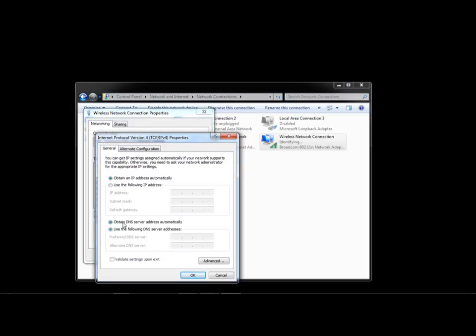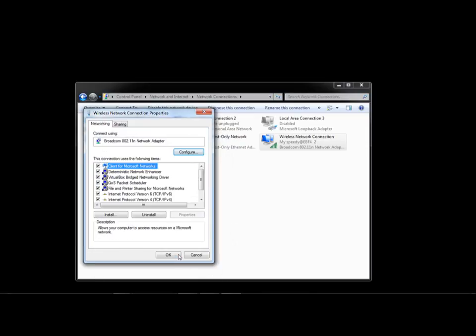You also need to click the radio button here: obtain DNS server address automatically, so our router will fill this field for our client. If you are done with this, click OK and click OK again.